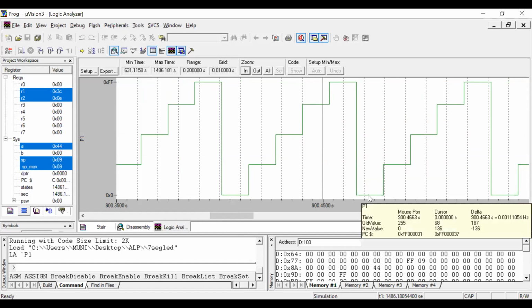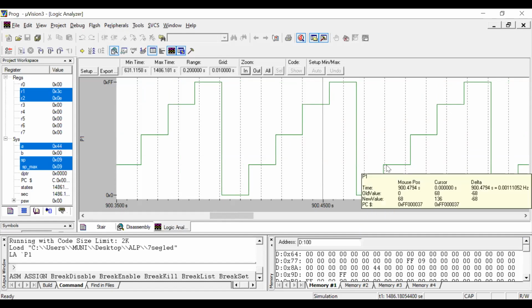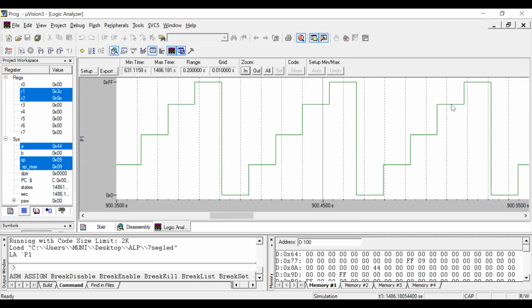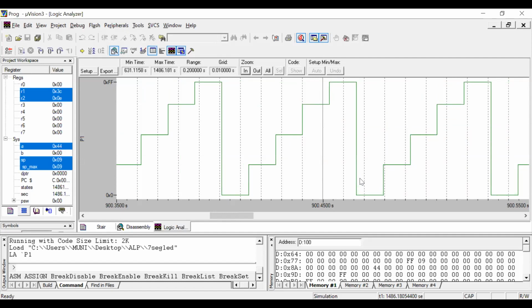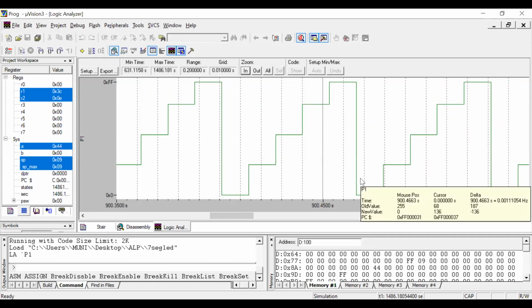After that, again it starts with 0, 44, 88, CC, FFH. So you can generate different types of waveforms by using this digital to analog converter.